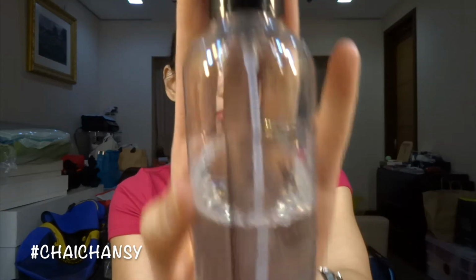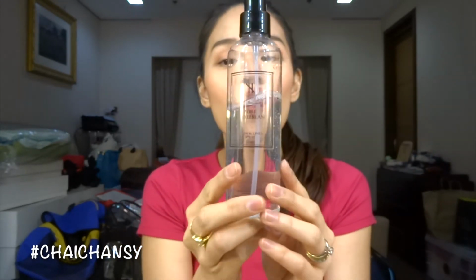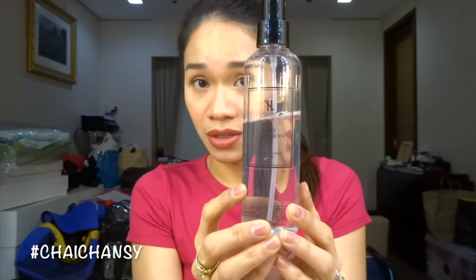So the next thing that I'm going to talk about is the ASB House of Scents Room and Linen Spray, and it's in the scent Pure Caribbean. And I just purchased this early in August, and I'm already a third through. Oh my god. This is super amazing. I love this scent. It really reminds me of the scent that I smell every time I enter Edsa Shangri-La Hotel. And I've always been wanting to know what that scent was because it's really so...